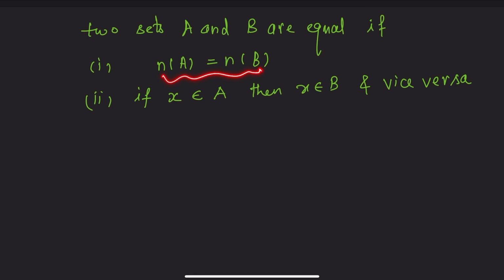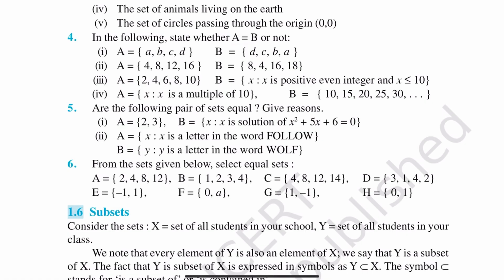और अगर ये वाली कंडीशन गिवन है और ये कंडीशन गिवन तो भी इक्वल सेट बन जाएगा, बिकॉज एवरी एलिमेंट ऑफ A इज इन B. बट B के अंदर जितने एलिमेंट हैं, इसके अंदर उससे ज़्यादा नहीं हो सकते, तो एग्जैक्टली वही एलिमेंट हैं जितने A के अंदर हैं. सो A, B, C, D और B इज व्हाट, D, C, B, A. और हमने देखा था कि सेट जब हम लिखते हैं तो ऑर्डर मैटर नहीं करता. सो इसमें A है, यहाँ पर भी A है, B है, यहाँ पर B है, यहाँ पे C है, यहाँ पे D है. सो दिस सेट्स आर इक्वल.